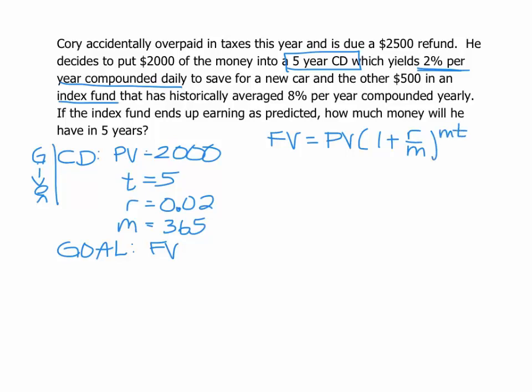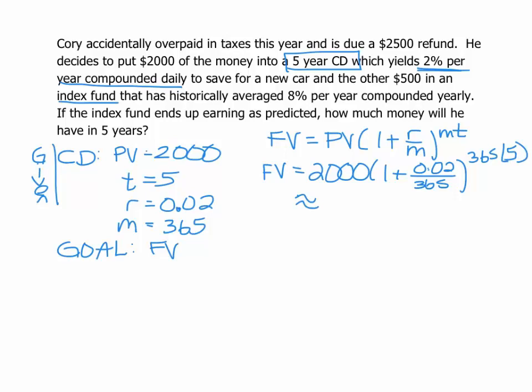If we substitute in our known values, we're going to have our future value is 2,000 times 1 plus 0.02 divided by 365 to the 365 times 5. Plugging this into the calculator, we end up with $2,210.34. Now, one thing to notice is we had started out with $2,000 and we now have $2,210, so I